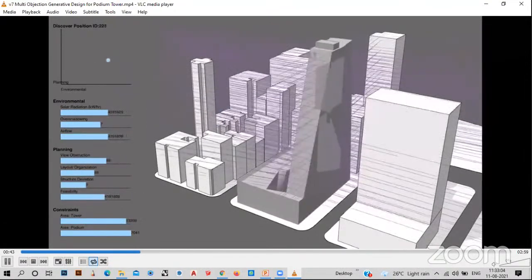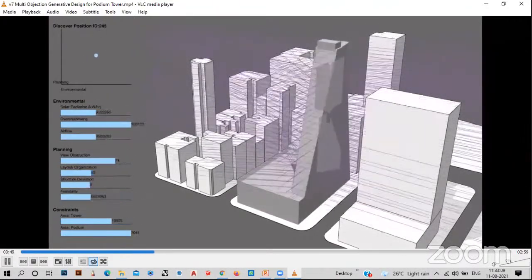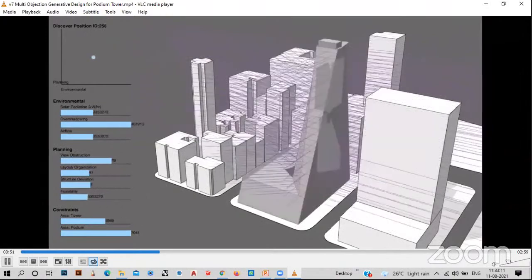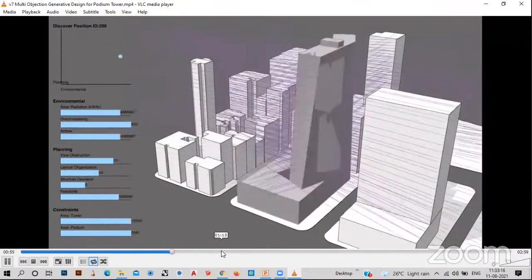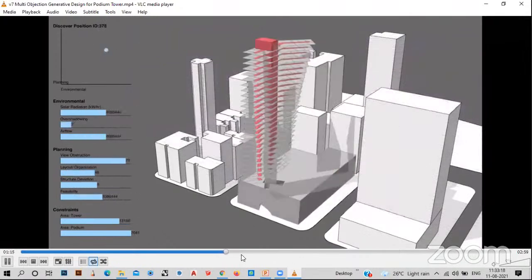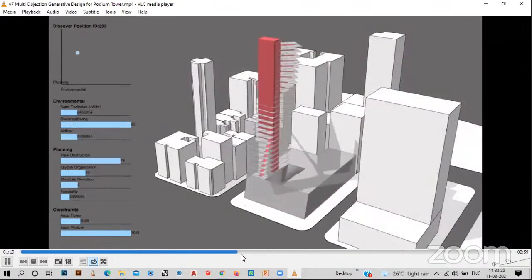So Zaha Hadid Architects and these are the big-shot companies in our design field. They are using these types of technologies to create massive structures, right? So this is how they imagine the core areas, the floor plates and everything.